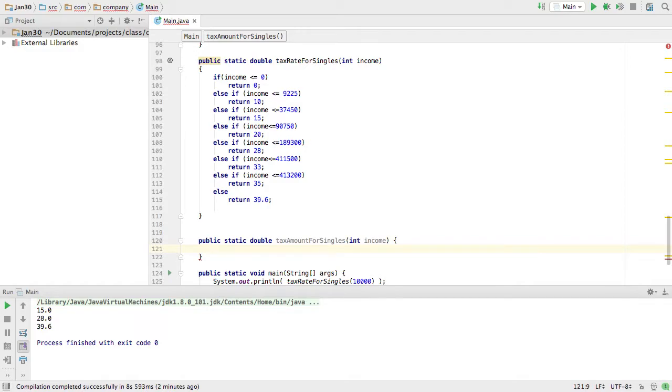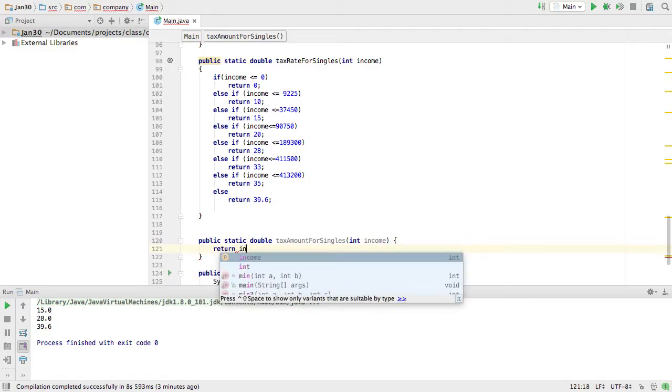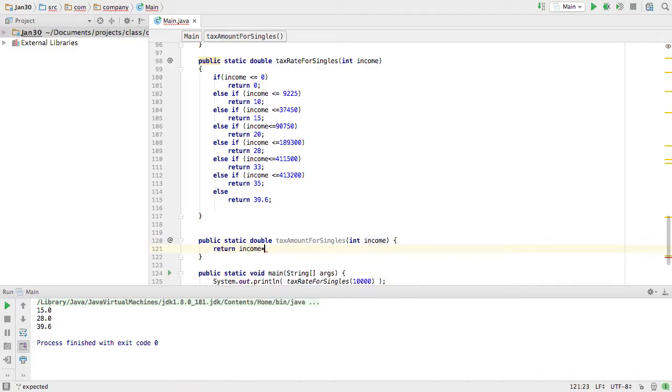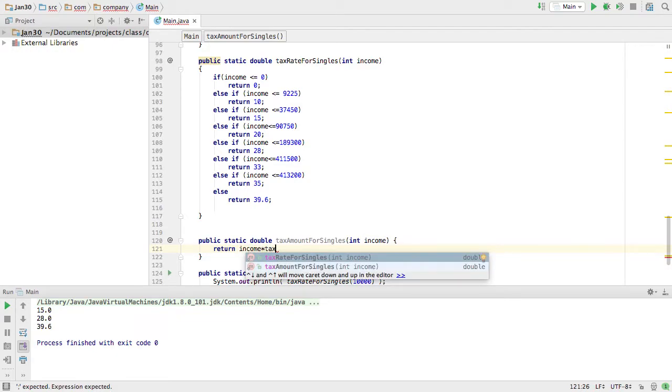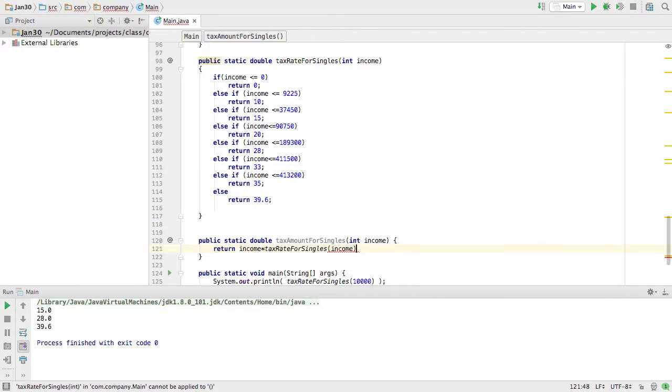Could I just get the tax rate and multiply the amount by the tax rate? Income times that function. Would this work? Yes. Or